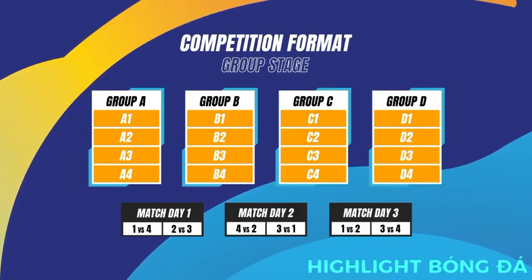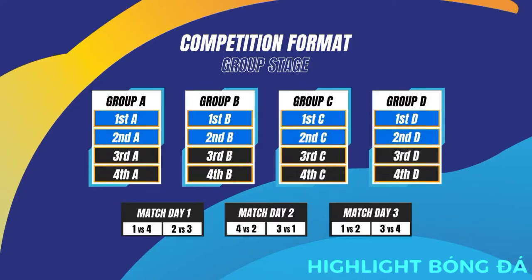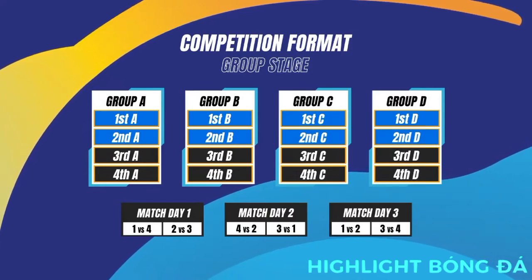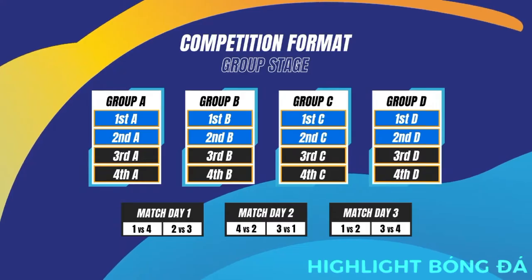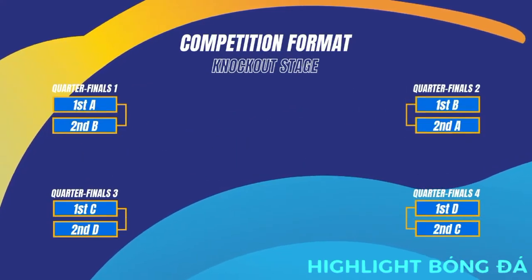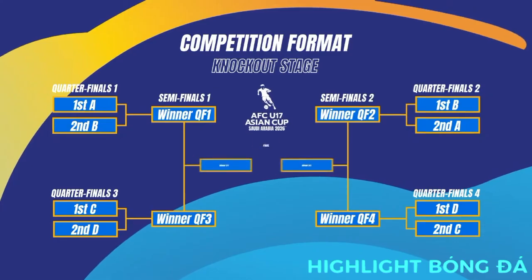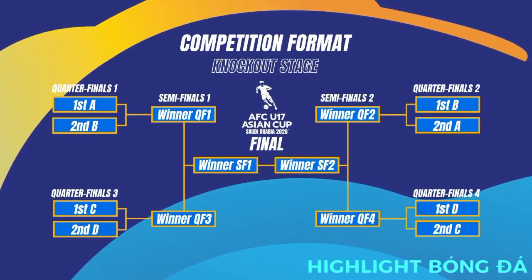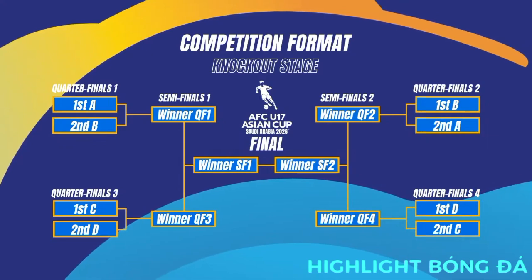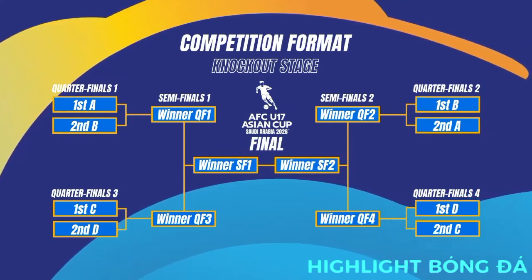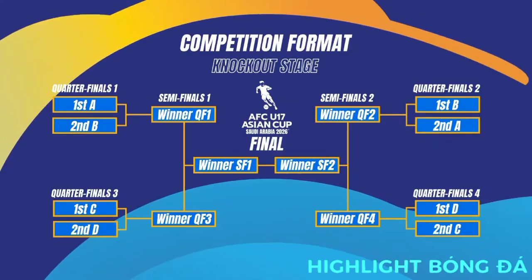Following the conclusion of the group stage, the first-placed and second-placed participating teams in each group, 8 teams in total, shall qualify for the knockout stage. Knockout stage. The knockout stage shall consist of the quarterfinals, semifinals, and final, with each round to be played in a centralized knockout format. All matches shall be played in accordance with the AFC competition's calendar, and the match schedule will be determined by the AFC after the draw.